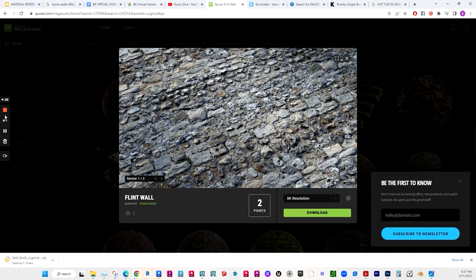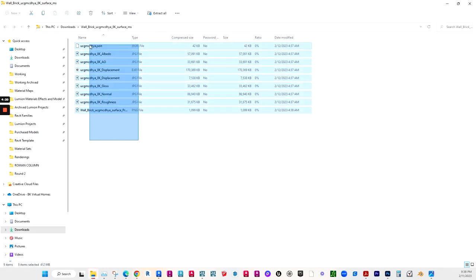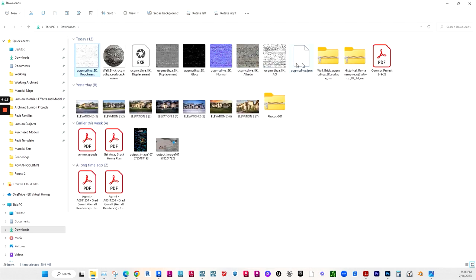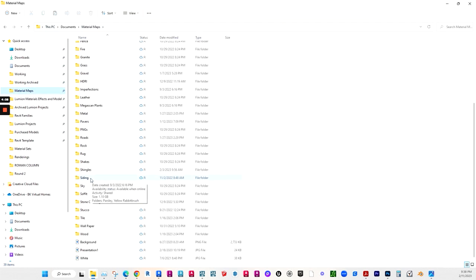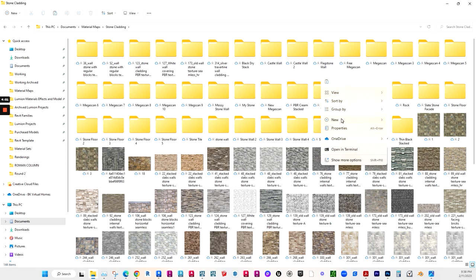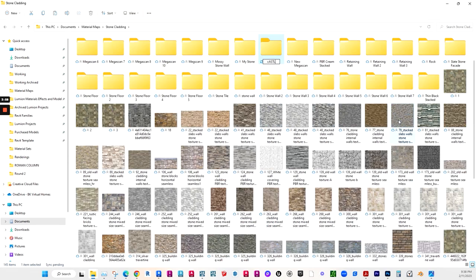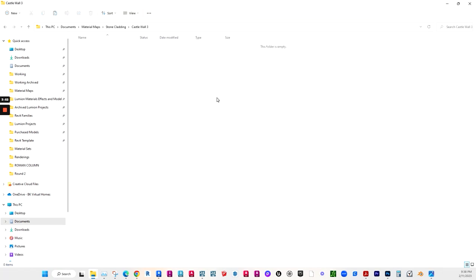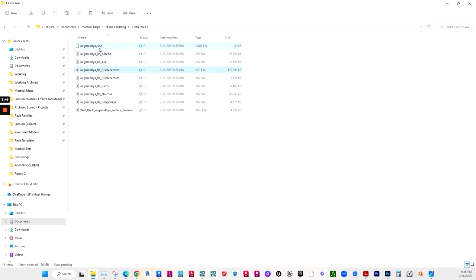Let's open that up. Now we're going to put all of these in the zipped file folder into our downloads folder. Go to our downloads folder, grab all of these. I'm going to go to our material maps folder, go to stone cladding, and make a new folder here. Let's call it Castle Wall 3. Dump our files in there. Let's get rid of these two files